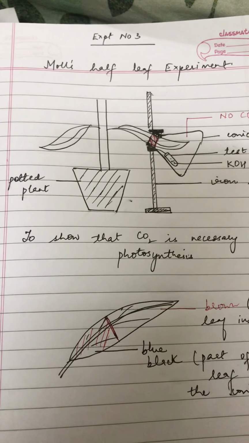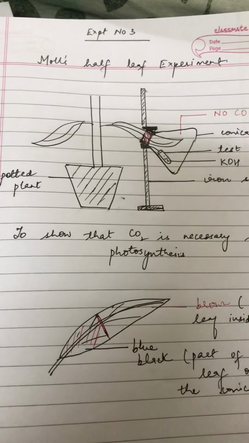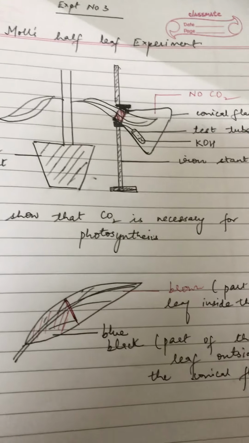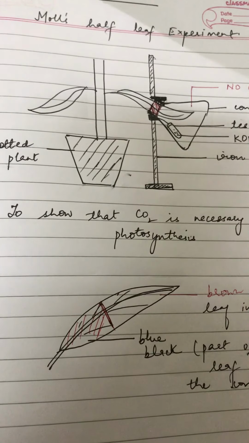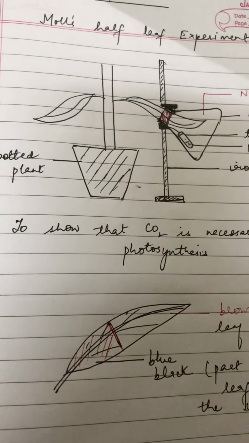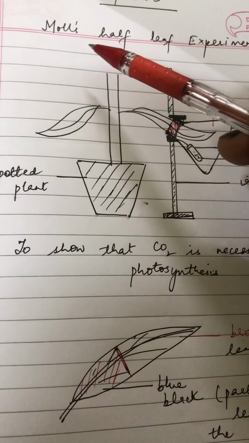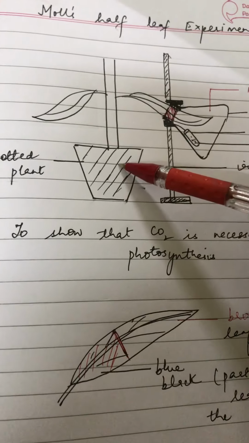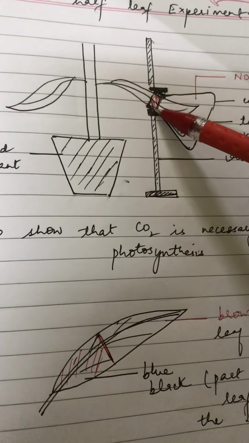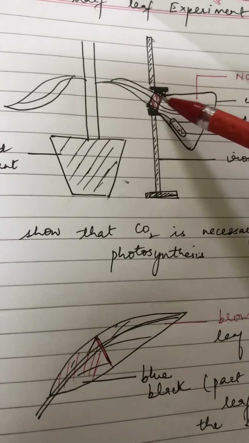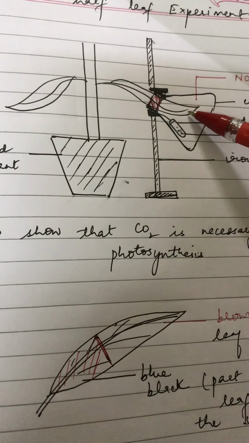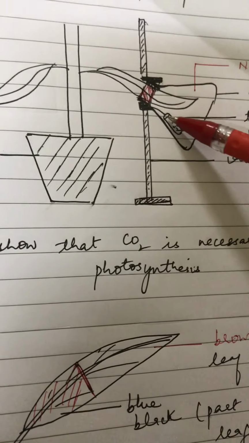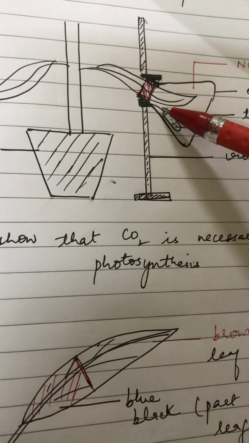The next experiment that we'll be discussing is called Moll's half-leaf experiment, and it is to show that carbon dioxide is necessary for photosynthesis. Now, as the name says, Moll's half-leaf, Moll was the scientist who worked out this experiment. What exactly did he do? He took a healthy potted plant, selected one of the healthy leaves, and he inserted half of the leaf into a conical flask, inside which a small test tube was made to hang with a thread,